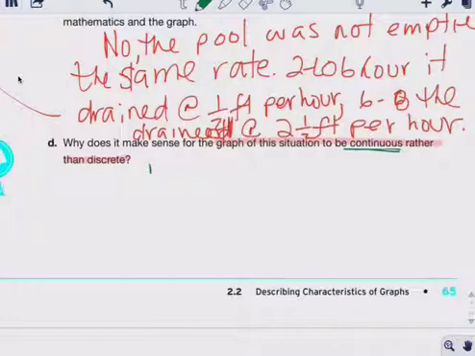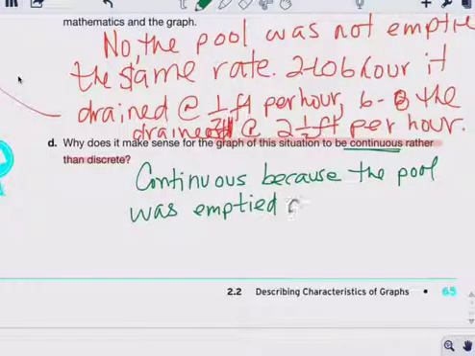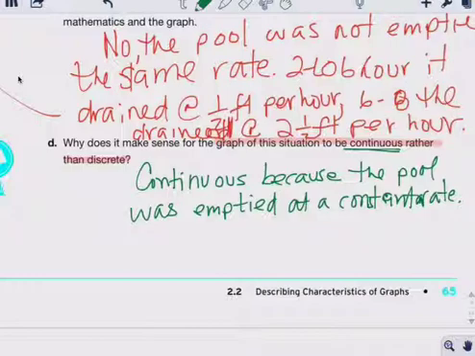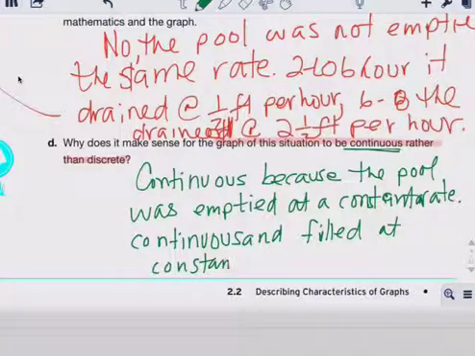Anyways. Continuous because the pool was emptied at a constant rate. That means the slope is the same. At a constant rate, continuously. There's points where you leave it empty for a long period of time, and filled at a constant rate also. So when the rate of change is the same, filling and draining,